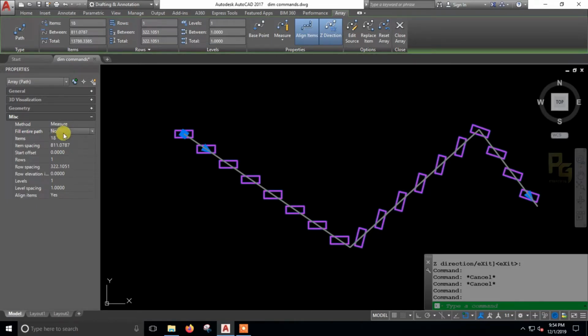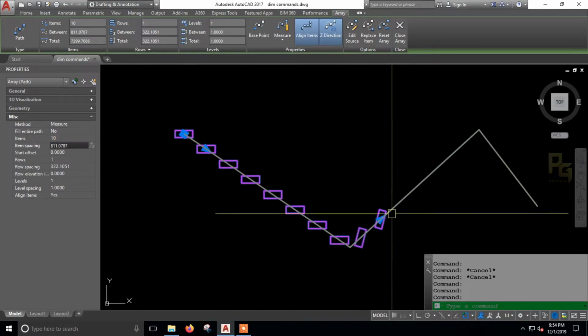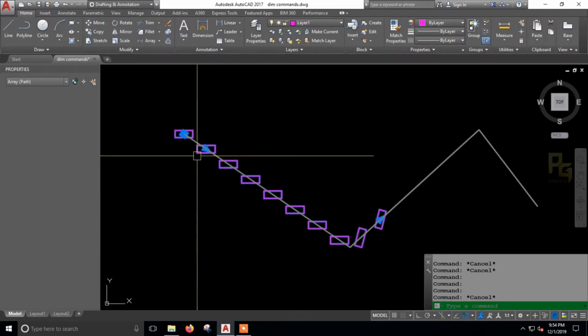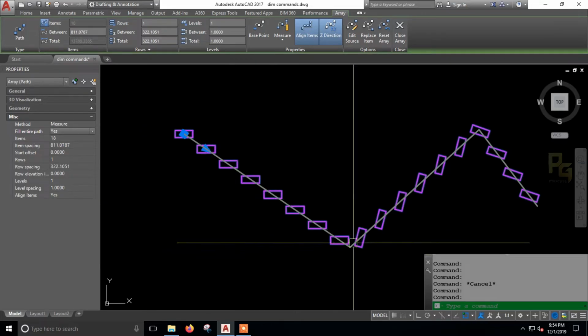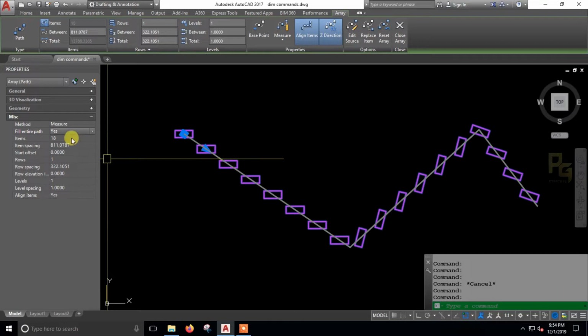If I choose no, then I give some 10, it restricts its value to 10 numbers like this. If I select entire path, it goes up to the end of our path which we selected. So this is the use of the fill entire path option.